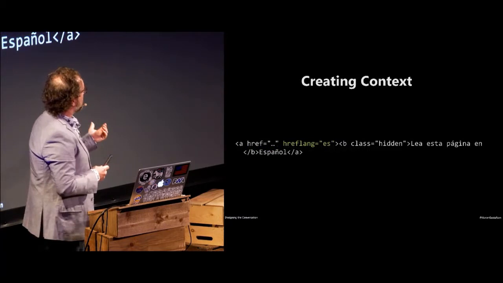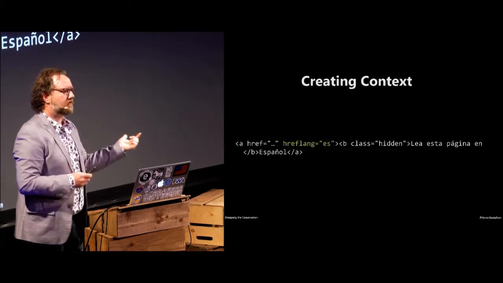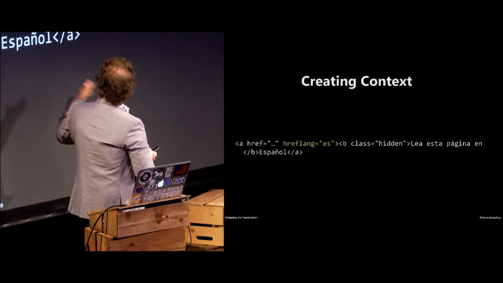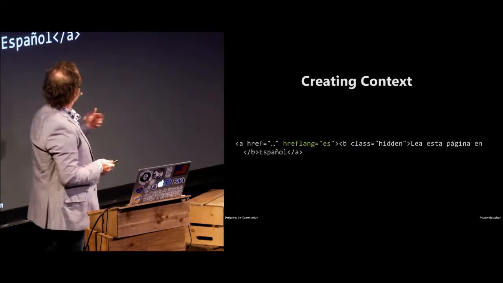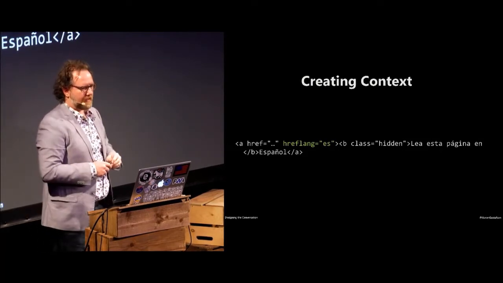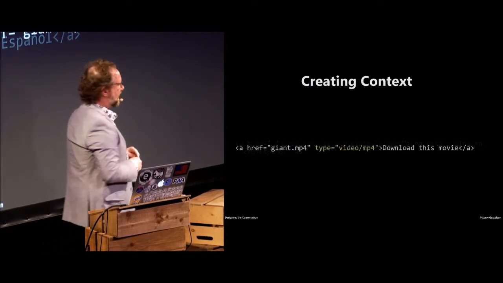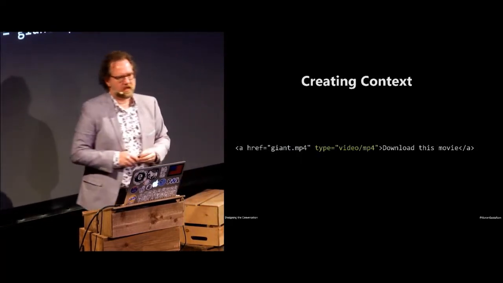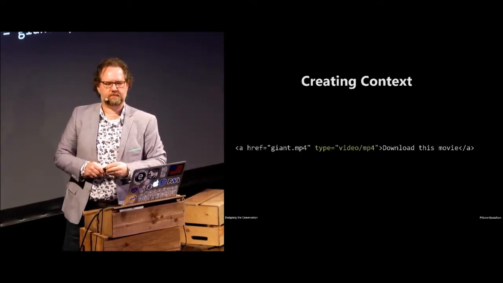You can even inform a user about the language of the page that you're linking to, so you can provide a little context about that. So in this case, you can read this page in Spanish. So I have hreflang equals ES, and you use the standard language codes for that. And you can indicate the type of content being linked to using the MIME type, which is also pretty interesting.